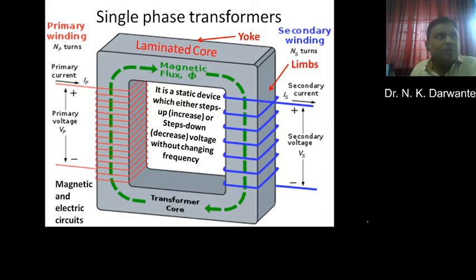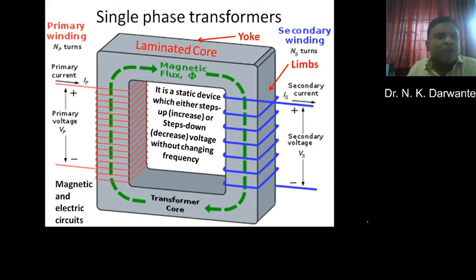They are stuck together by using a conducting material, and why use such a structure? That is for reducing the hysteresis losses, iron losses, as well as certain copper losses. That is why we are using the laminated core. The outer part of this transformer is known as the yoke, and on either side we have two limbs, meaning column-like structures, the part on the right hand side as well as the left hand side. One side we can call the primary side, and one side we can call the secondary side, but there is no certain rule, any one side you can use for the construction purpose.